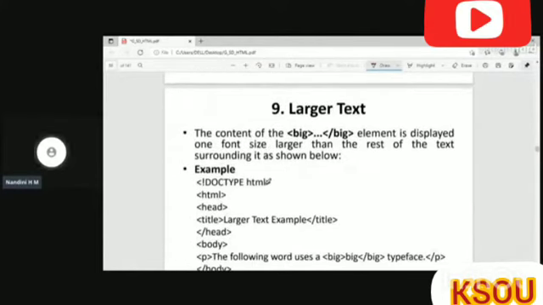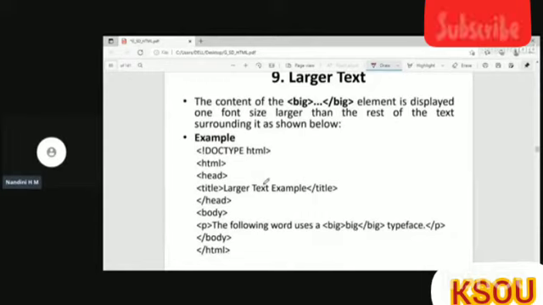Next is large text. For larger text, we have to use big, BIG. This is the tag element. Again, this is a pair tag. It will make your text one font size larger than the rest of the text surrounding it.